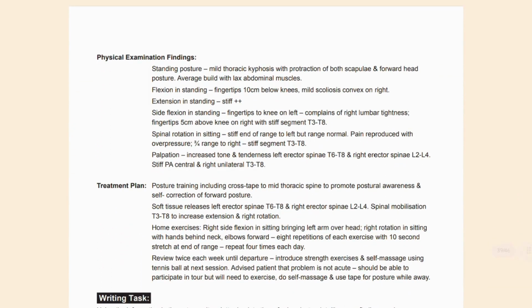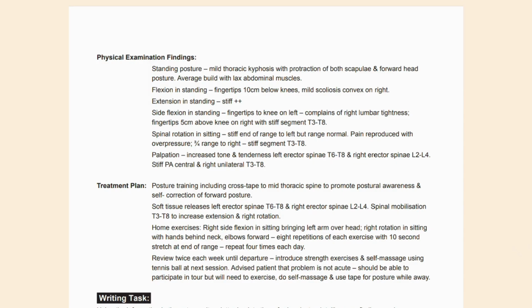And from the physical examination findings: in the physiotherapy clinic, what the physiotherapist identified from the patient's side. Okay, so in that